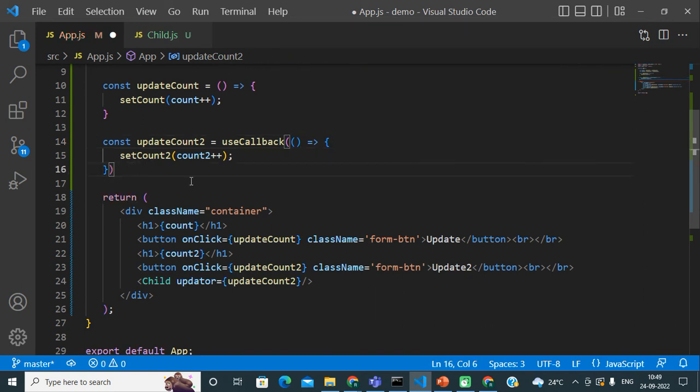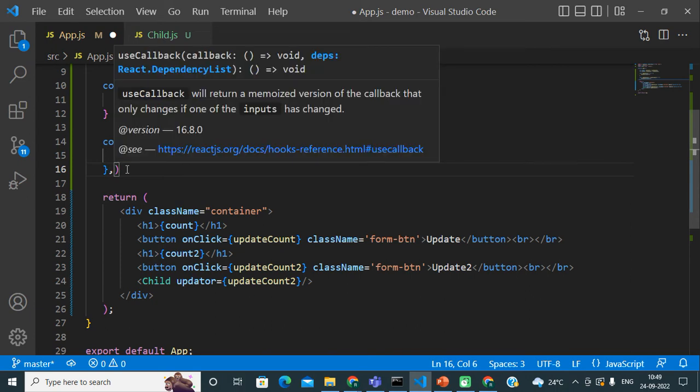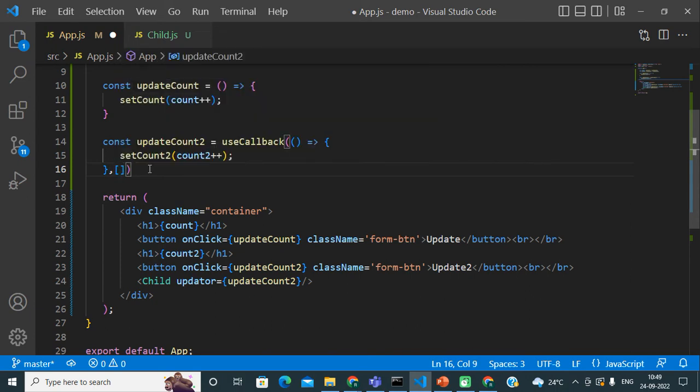Okay, you can see this is just a normal useCallback hook function, and inside of it we are passing our actual function that we don't want to get recreated after the parent component, that is the App component, re-renders. Okay, and here we just need to pass an empty array. And now, if we save the file,